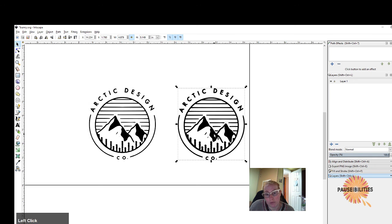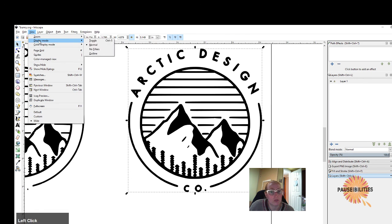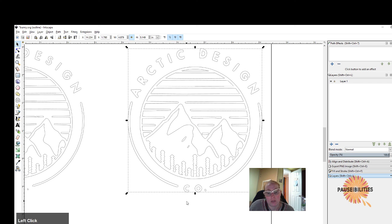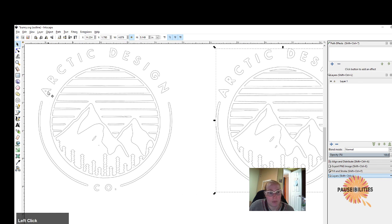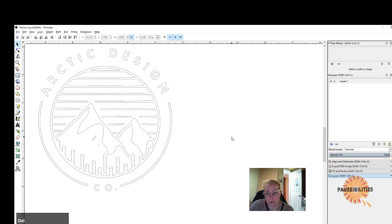But on this one over here, the lines, here let's zoom in and actually switch over to outline mode. So you can see how clean it is now. So these are all of the paths that will be cut by the laser. So the inside pieces of your letters are not as small as over here, so that's another good reason to go with this one. But this line here is still kind of wavy, but that's something that can get fixed. And then you've got these little points here, which with your cut file, you're not going to want this one right here. So I'm going to go ahead and choose this one on the left